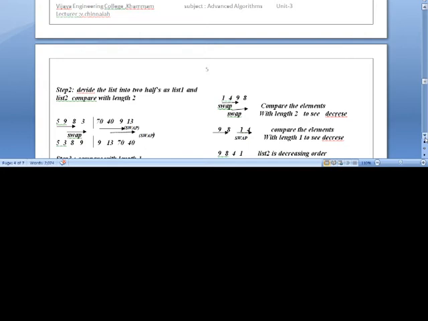Once it is a bitonic sequence, we already know how to apply bitonic sort to sort its elements. Apply the length 4 comparison. Next, divide the list into two halves. Again apply length 2 to the individual sublists. Again apply length 1 to the individual sublists. The individual sublists are now sorted. Now combine these two sorted lists, and we get the final list.